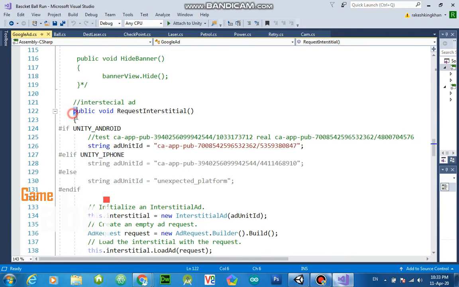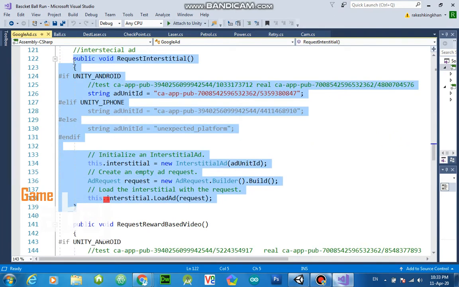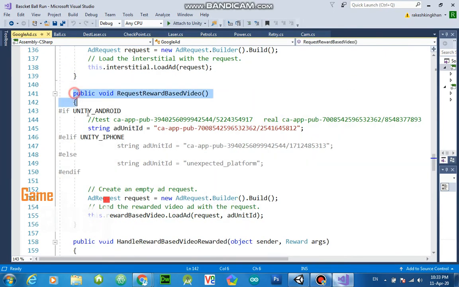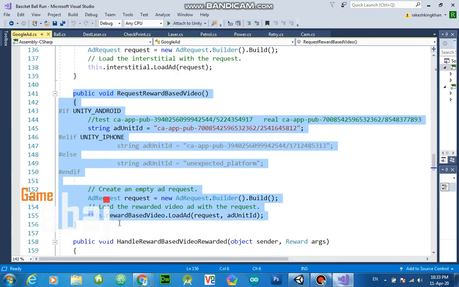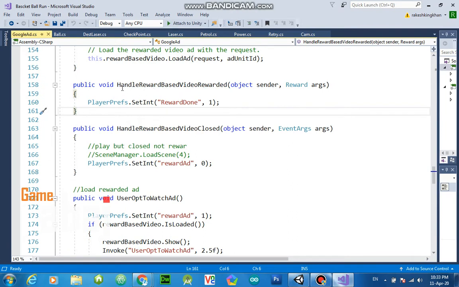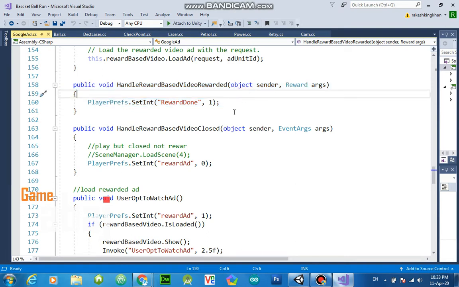This function requests an interstitial, which loads in the background, and this function requests a rewarded video ad and loads it in the background. This function handles the rewarded video being rewarded. If a person watches your rewarded ad fully without closing, then here you can add anything to reward him.